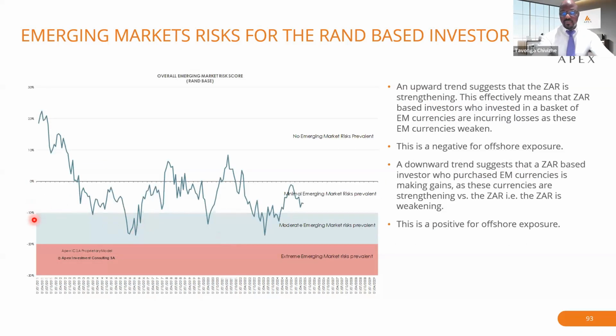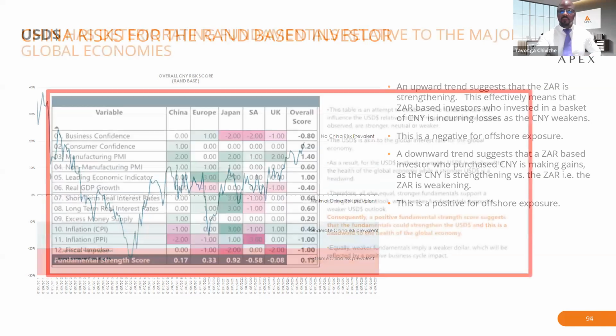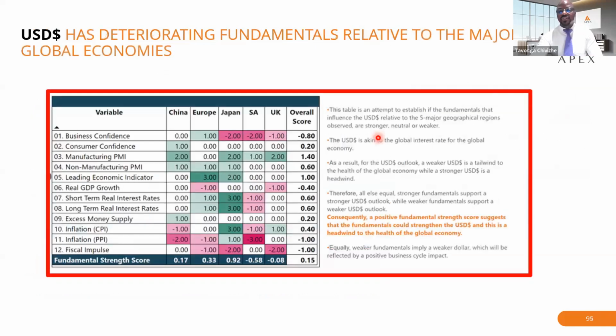So overall losses are between 0 and 10, better than 10 and 20, but a loss is a loss. And versus the major currency being China, things are looking really good. So we're very happy from a currency perspective. The dollar, sadly, there's a lot of red or some red, the numbers are not meaningfully